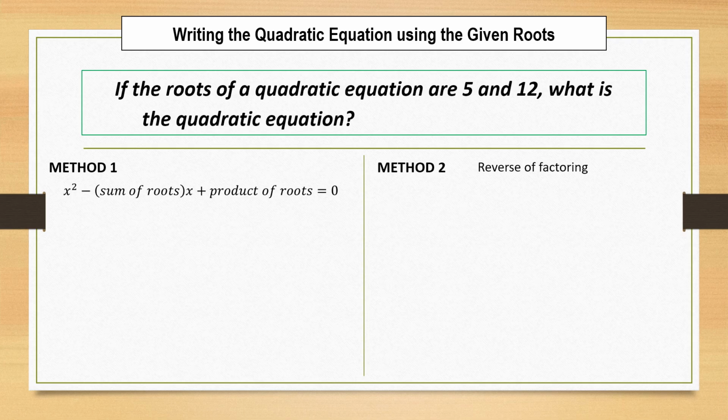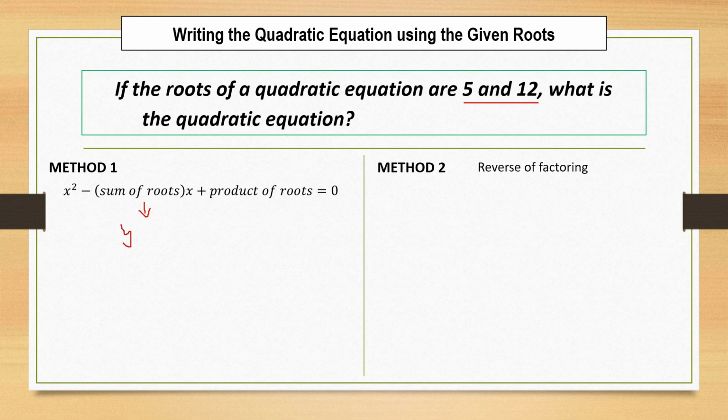Let's have an example. If the roots of a quadratic equation are 5 and 12, what is the quadratic equation? Now, there are two methods. For method 1, we simply have the formula x squared minus the sum of roots x plus product of roots is equal to 0. So since the roots of the equation are 5 and 12,